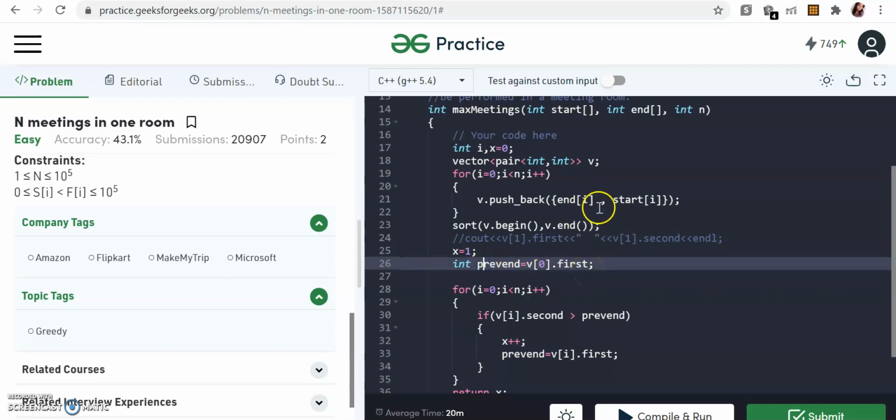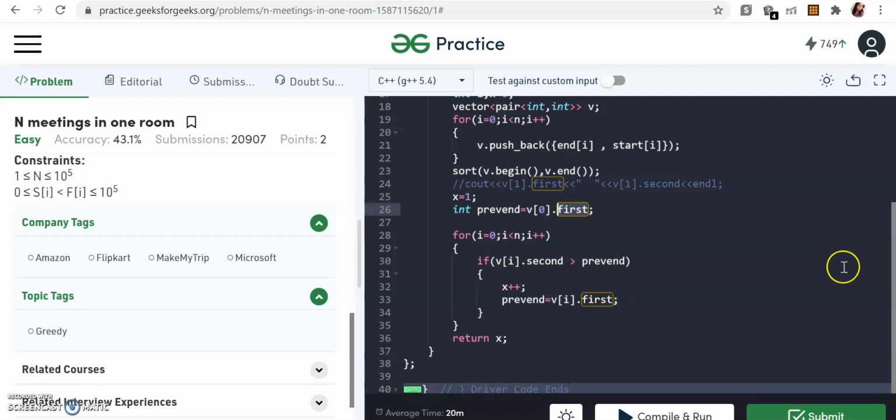Remember, if you have a pair, how will you access those two elements? It comes to be first and second. Here, because we have a vector, the first element can be accessed by v of 0, and because this in itself is a pair, suppose the first pair is 2 comma 3, you will access 2 by v[0].first, and similarly if you want to access 3, it will be second. If you are getting confused, do watch my STL videos, it will be really clear. So now we'll start.